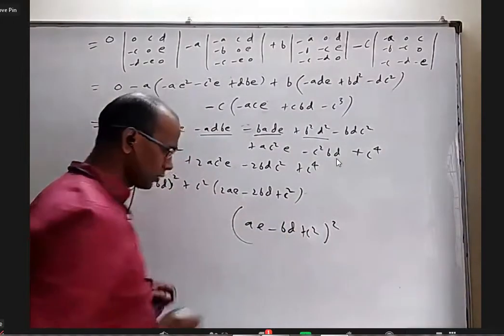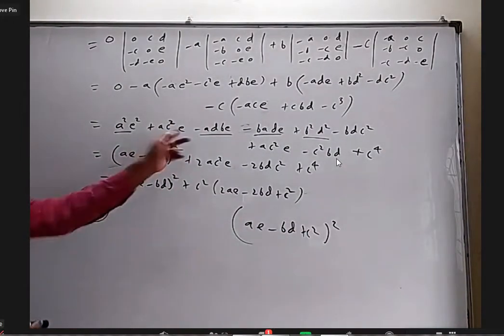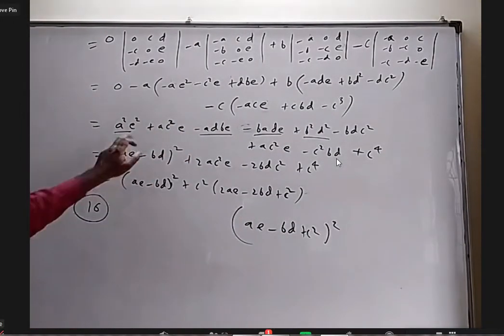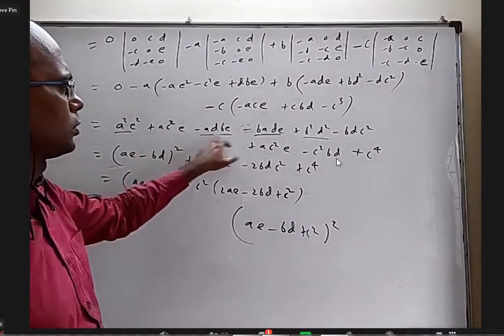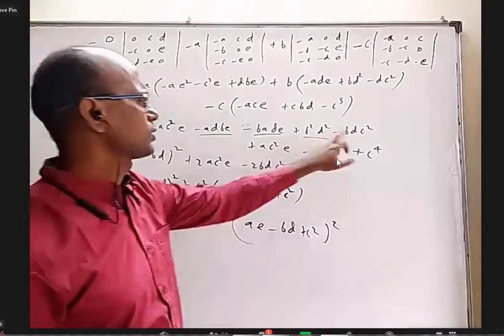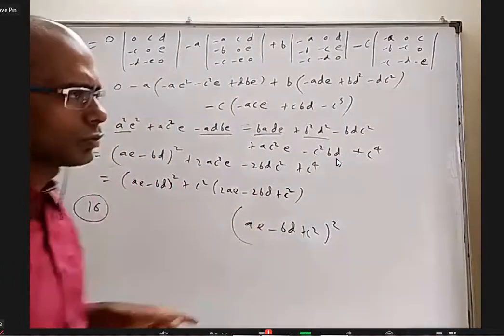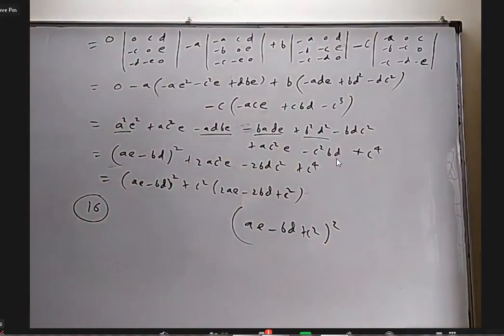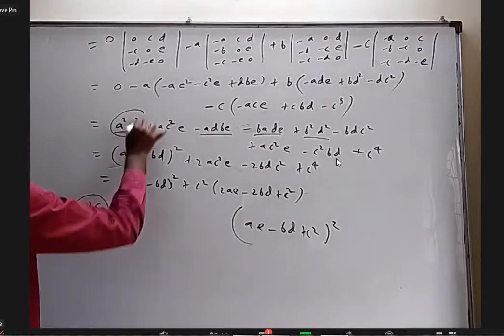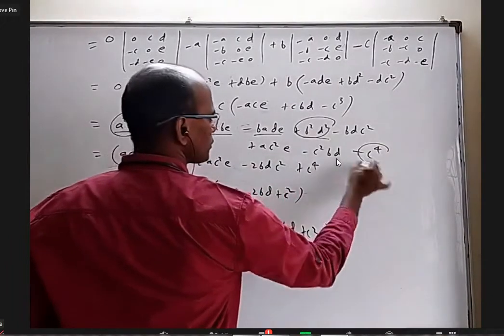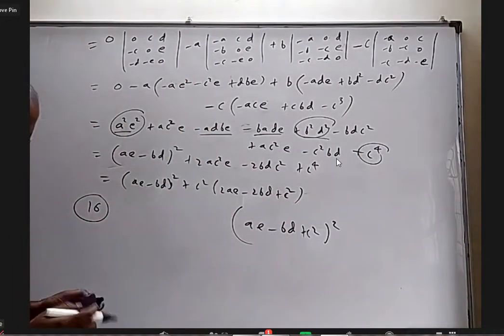Actually, I was looking for this. Okay, let me see. When I have 6 terms, first of all, 1, 2, 3, 4, 5, 6, 7, 8, 9. The 2 are the same, that will end up with 7. Okay, just a minute. This is one perfect square. This is one perfect square. This is one perfect square. That will come. Yeah, I'm looking for that.